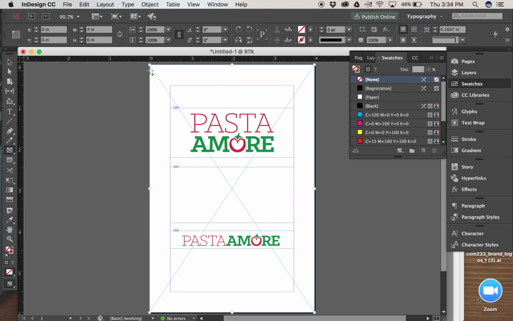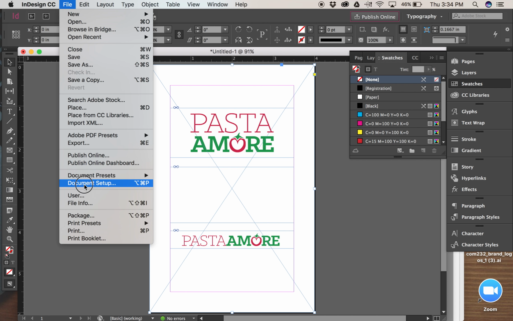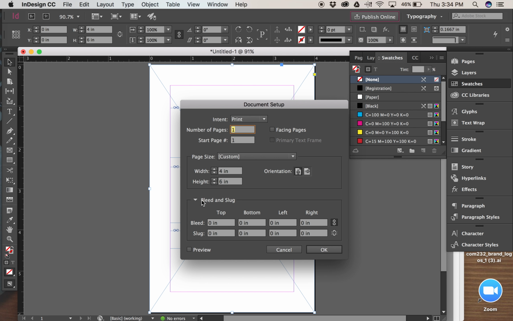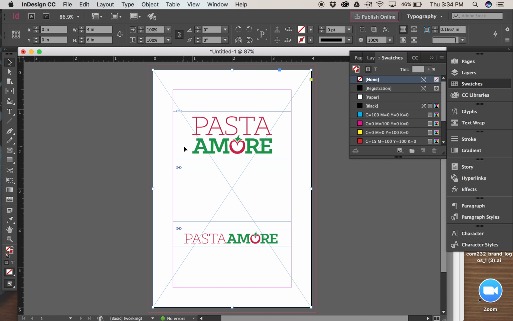and create another rectangle frame tool at the trim edge. You can also do bleeds. I don't have this set up for bleeds. If I go to File, Document Setup, I could have this set up for bleeds. And bleeds are basically, it's good to do like 0.125 all around. That's good for anything that is going to bleed off printing-wise, so that you don't have any weird white gaps if the printer were to shift the paper. So the bleed would be pulled out to this red area. Your trim edge would be where they would trim it, your actual